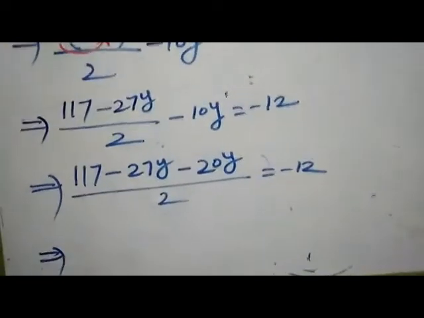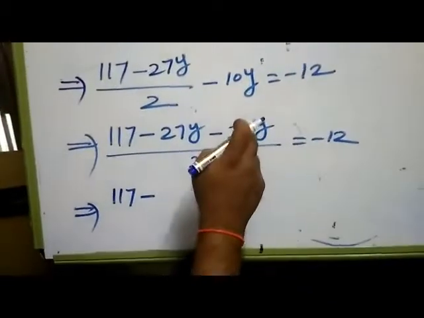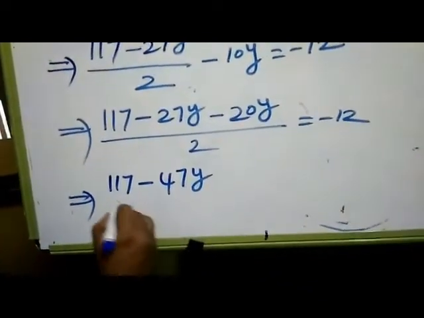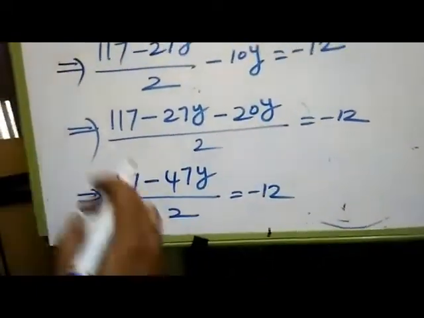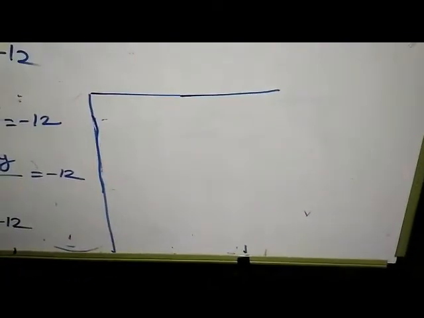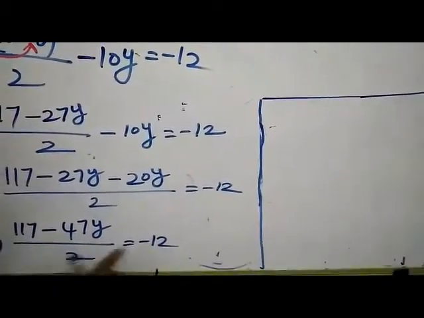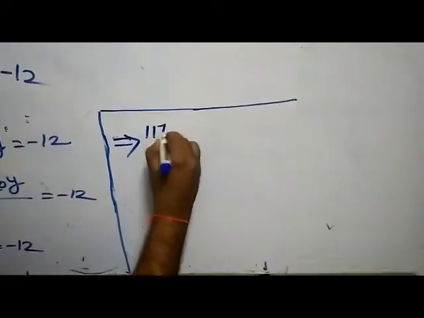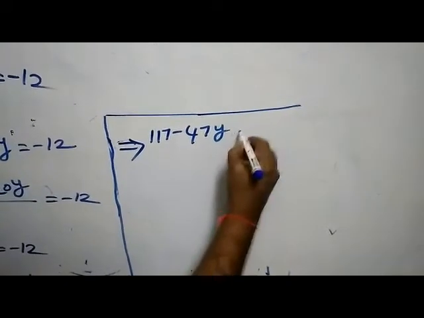So finally 117 minus 27y minus 20y is equal to minus 47y. Minus 47y by 2 is equal to minus 12. Now 117 minus 47y by 2 is equal to minus 12. That implies 117 minus 47y is equal to